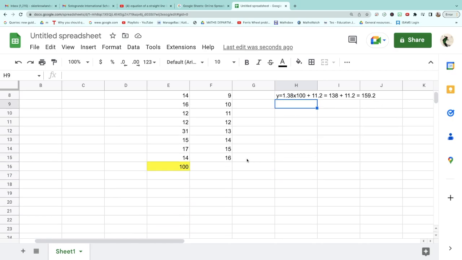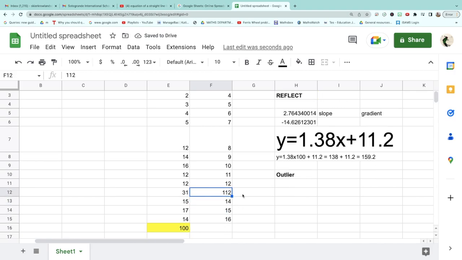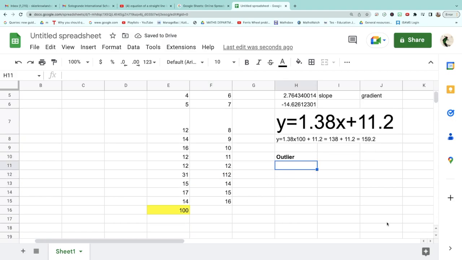Another thing you could do is talk about outliers. This is a really important thing for your experiment. So let's say we changed one of these values to 112. We're going to clearly see that this is an outlier, but you have to prove it with the outlier formula. Can anyone remember what the outlier formula is? Well done. Yeah, it's 1.5 interquartile range,